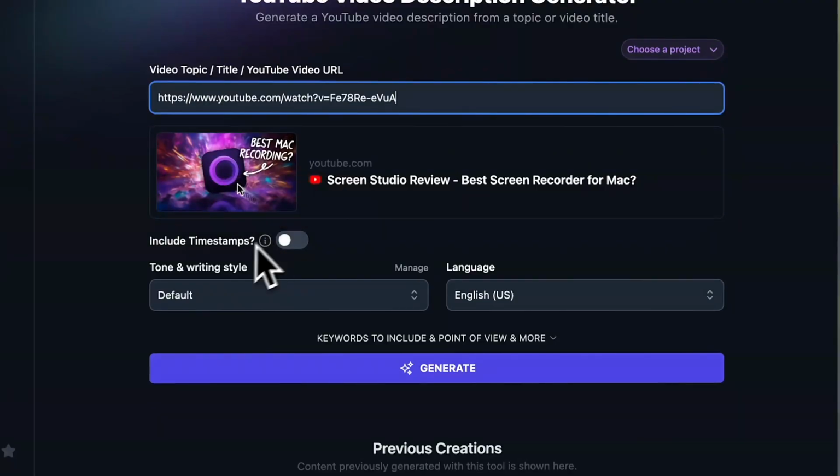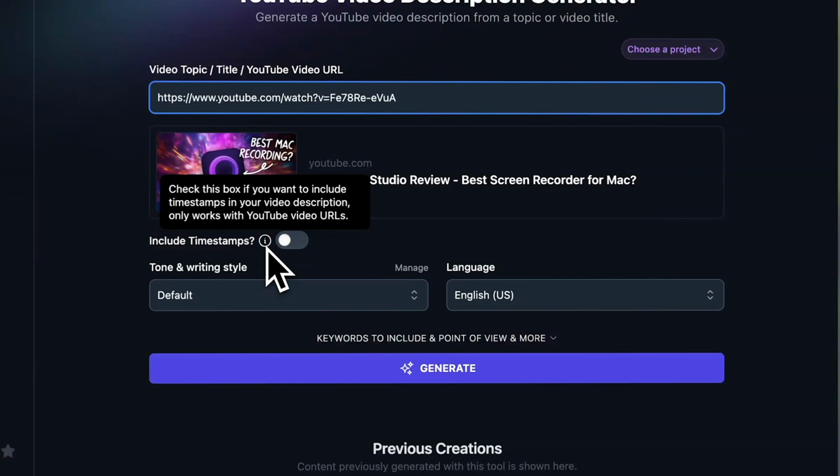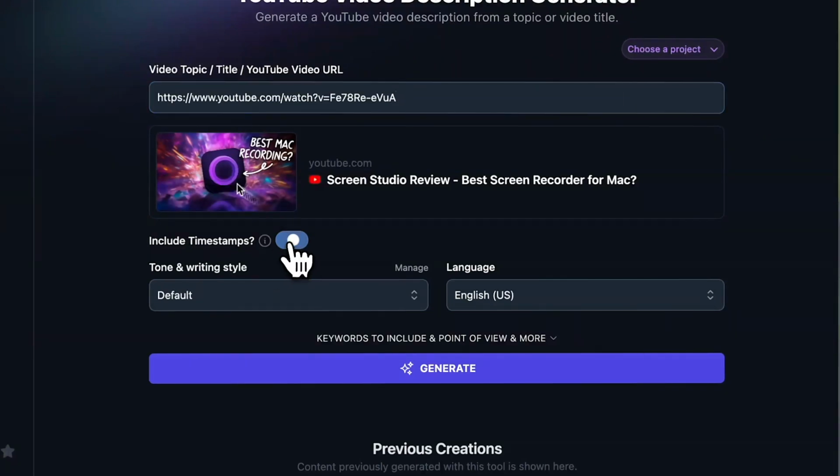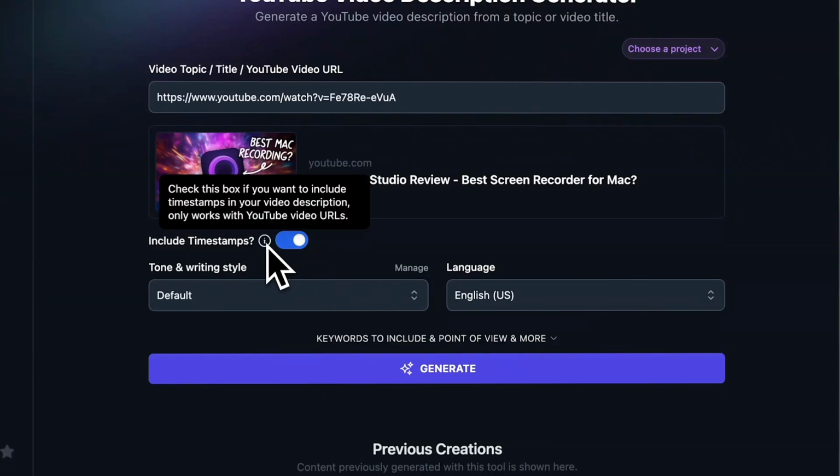So additionally, there's an option to include timestamps. This is one of my favorite options. I'm going to turn it on. Basically, it'll make a table of contents for you. I will note it's not perfect, so confirm that everything looks right. AI definitely has a problem looking at numbers and getting it just lined up perfectly, but overall, I think it